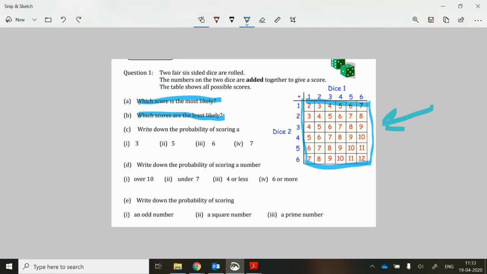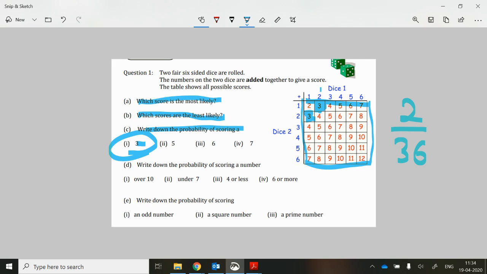Okay, part C says write down the probability of scoring, in this case, a 3. Okay, so we have a look at 3. You can see it occurs here, and it occurs here. We're not interested in this one here, because that's not the result of adding together 2 scores. Okay, so we've got the 2 3s there. That's either a 2 and then a 1, or a 1 and a 2 for the second 3. Right. So write down the probability of scoring a 3. Well, we can see that we've got 2 squares out of 36 there, which represent a 3. So that's the answer to